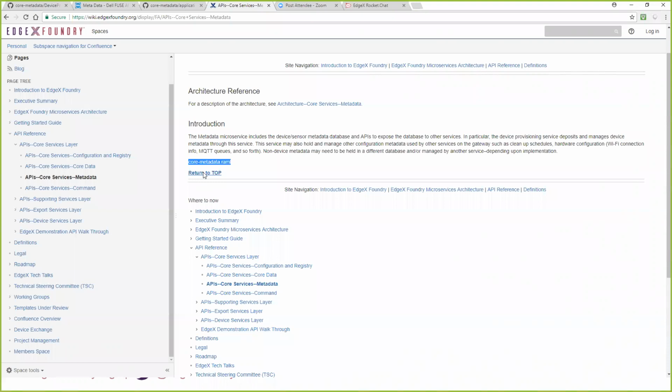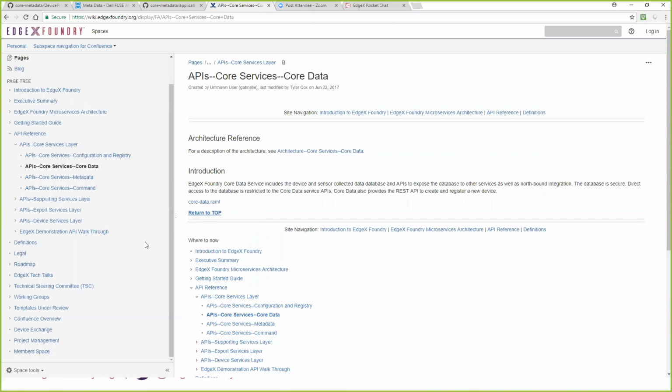And in particular, when you're looking at something like readings, you'll want to take a look at the API for core data. Now, when you say you're not seeing readings, that usually means that there's something wrong at the device service layer. It's not providing or pushing up data into core data. That's why you're getting no readings. There's actually quite a few postings out there on Rocket Chat about that. I know I've seen quite a few people have had some issues in getting the virtual device service, for example, up and running correctly, and they are not seeing readings. If you take a look at some of the questions out there, that might help you.